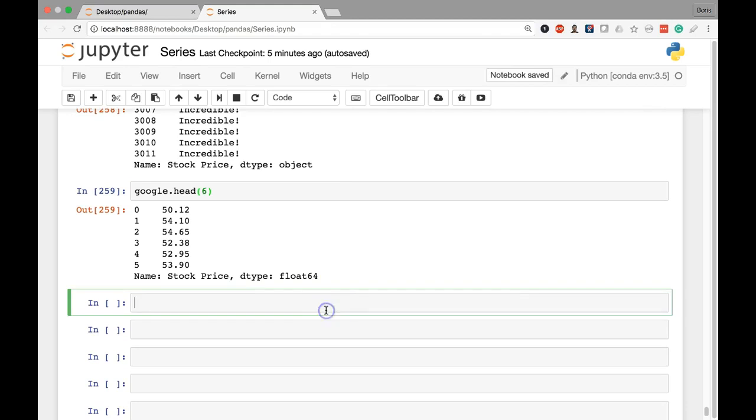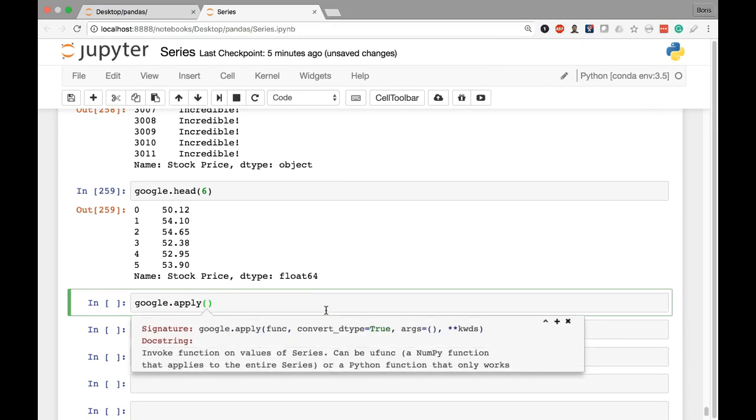So what I can do is do google.apply, and then within these parentheses for my very first parameter, it's expecting a function, and I can define what's called an anonymous function. That means a function that doesn't have a name. It's usually used for quick operations. Whenever you're dealing with something more complex, like the example above, where we have multiple ifs and else ifs, and there's different branches and different directions that it can go, it's easiest to define that function separately. But if we have something very simple, like just add $1, we can define it directly within here using an